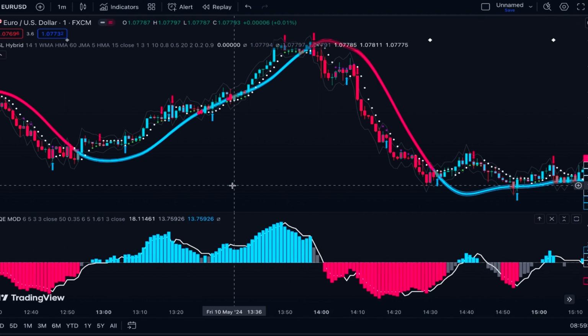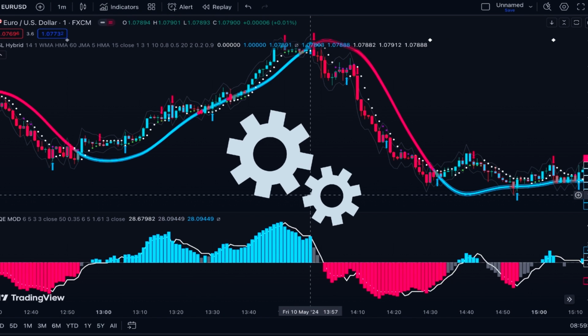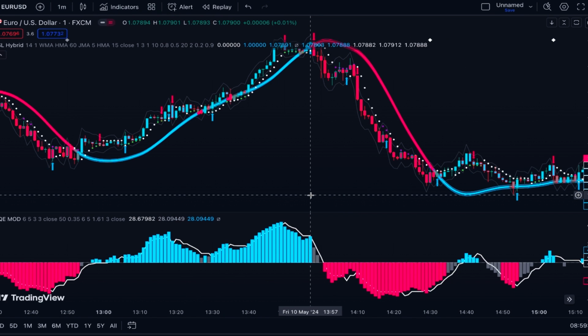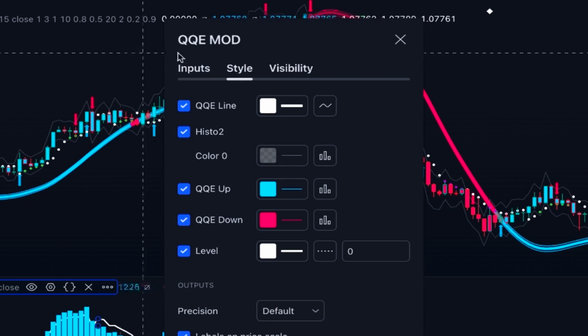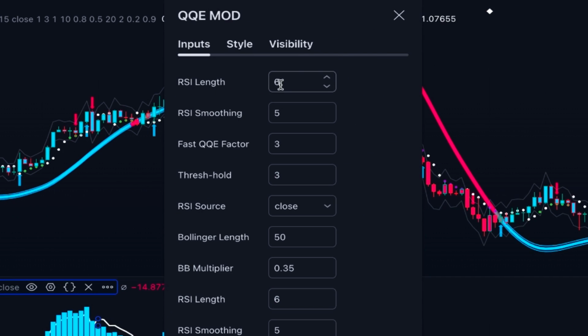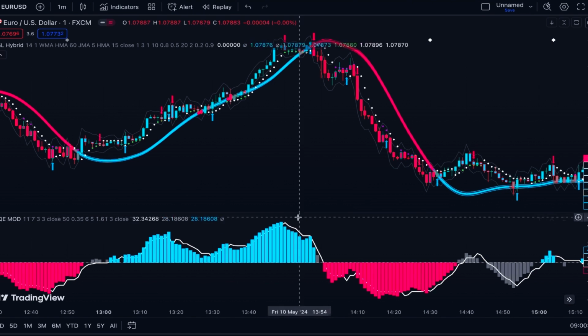Since we are in a very short time frame, we need to adjust the settings so it will better reflect the trending and non-trending phase of the market. Here we go to the settings of the indicator, and here in the inputs tab, for RSI length we set it at 11, and for RSI smoothing we set it at 7. We don't change anything else here, and this is enough for covering the noises and better showing of the flat